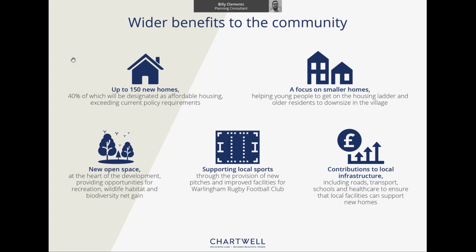So that's 60 of those homes defined as affordable housing, protected as affordable housing into perpetuity, and that percentage exceeds the current local plan requirements for Tandridge. The current requirements are just under 35%. So it's approximately 10 additional affordable housing units as a result of Chartwell's proposals over and above what the local